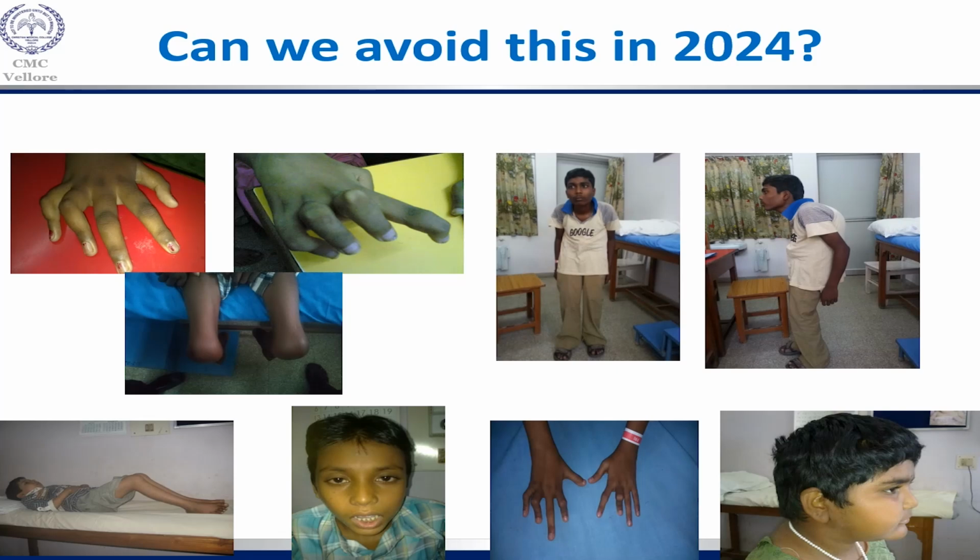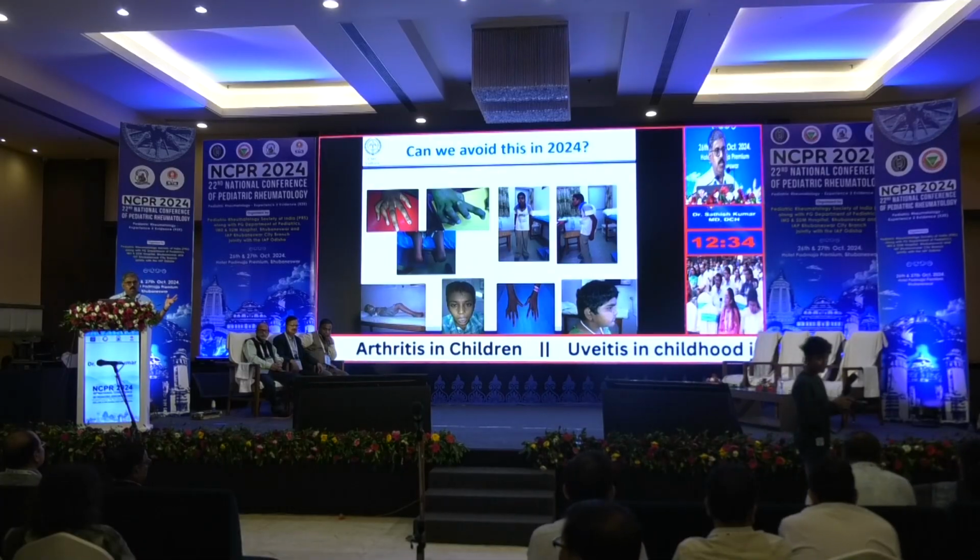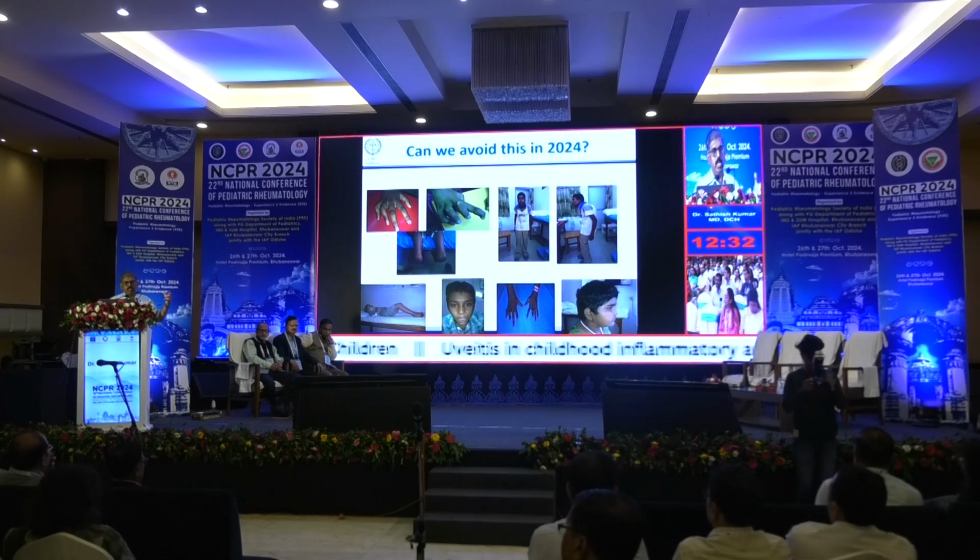So do you really need these drugs? Every time I talk, they all say we are managing these children with methotrexate, with leflunomide, with sulfasalazine. Do you really need these drugs? The answer is yes, not for all the patients. So what does the evidence say? We should not see anybody in 2024 with all the deformities of juvenile idiopathic arthritis. We should avoid this. We are not in the olden age to only try that and leave these children.